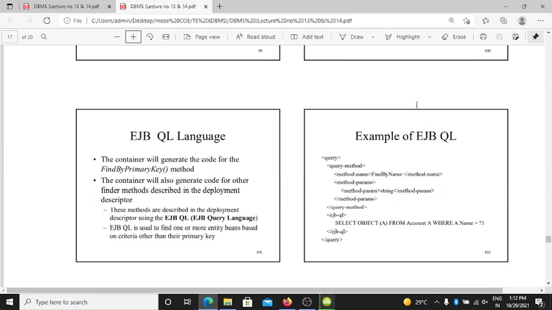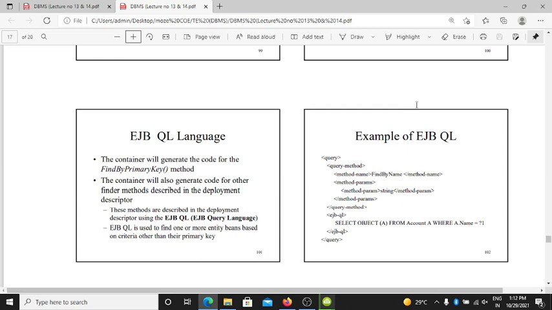The container will generate the code for the findByPrimaryKey method. The container will also generate code for other finder methods described in the deployment descriptor. These methods are described in the deployment descriptor using the EJBQL, EJB query language.